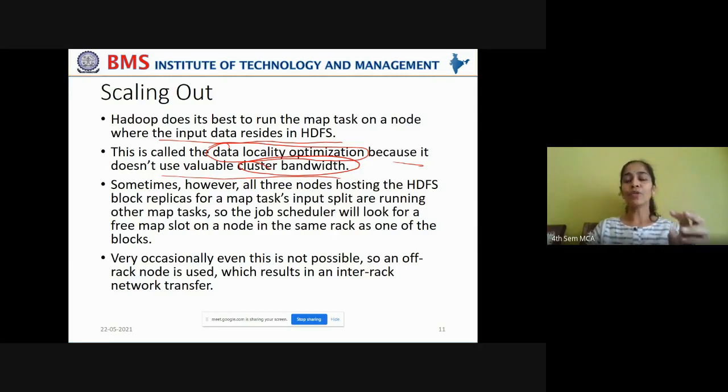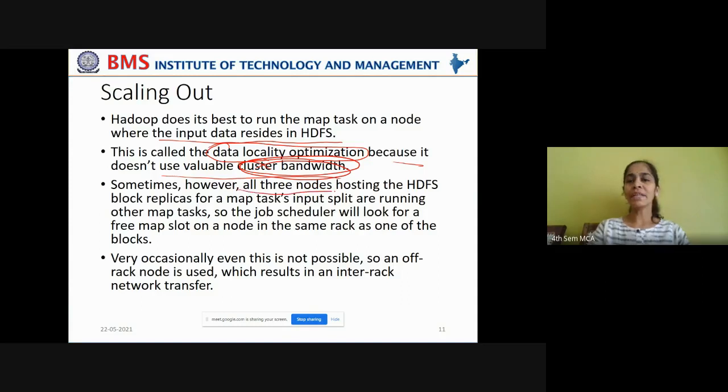Hadoop always tries to optimize the data locality feature. It will try to locate a data node where the data resides and assign the map job in order to process that data. But if that data node is not free to take up the map task, because it is already running many other map tasks, in such cases you can't help it, you have to pass the data between the nodes. Okay, so it has to utilize cluster bandwidth in such cases.